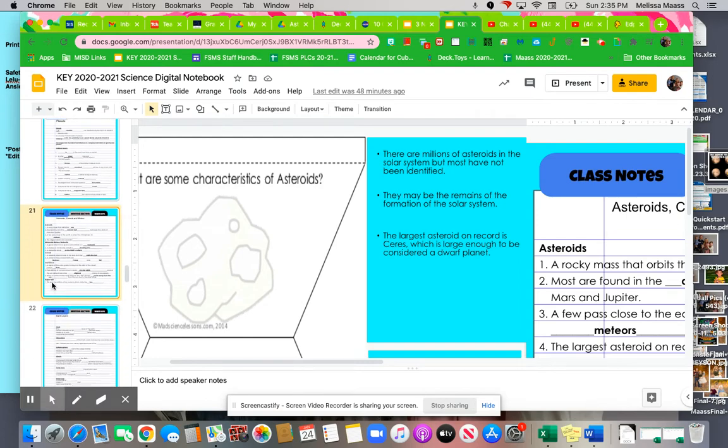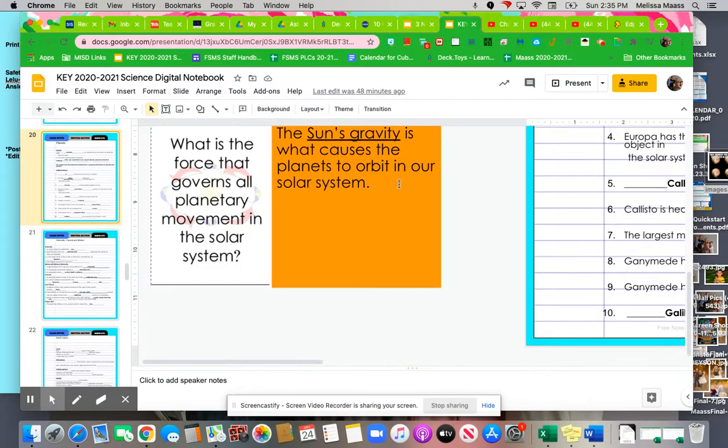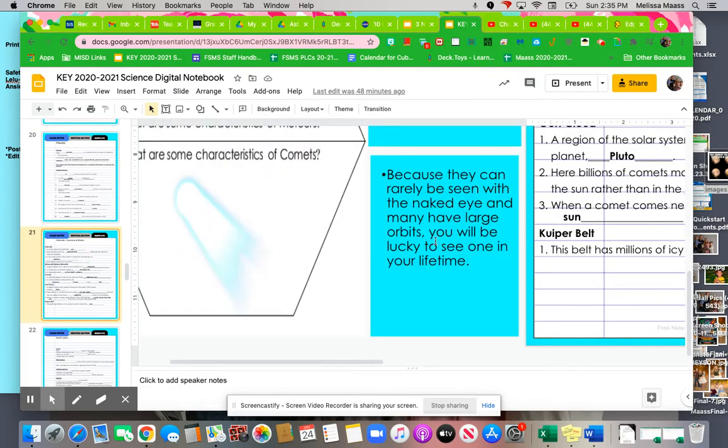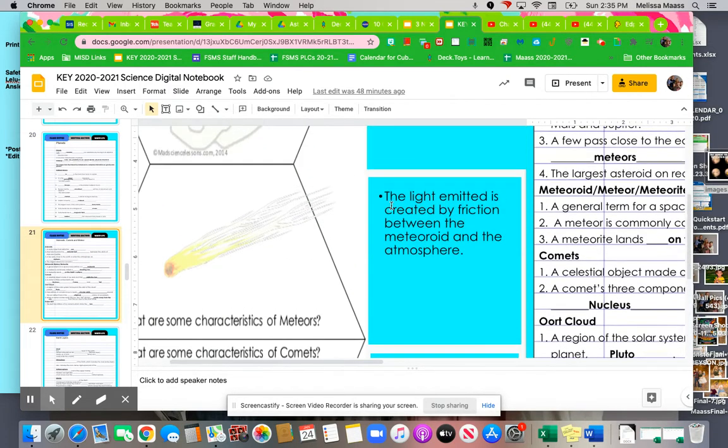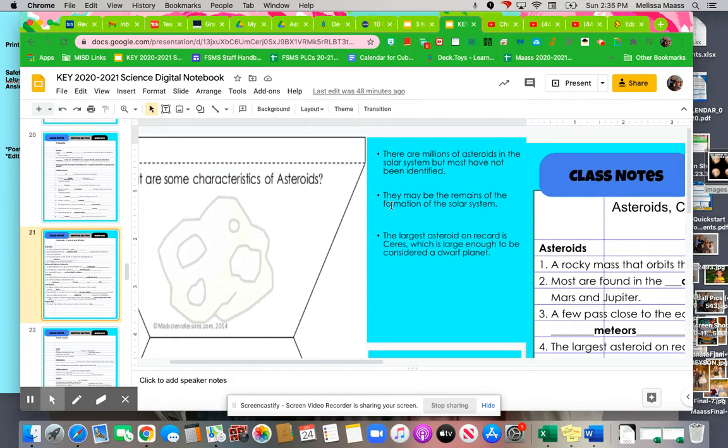I want to let you know that on your notebook on page 21, slide 21, you'll want to get there and zoom in. And I understand this can be kind of sensitive when you click around and frustrating, but it is what it is. You just got to kind of work through it.